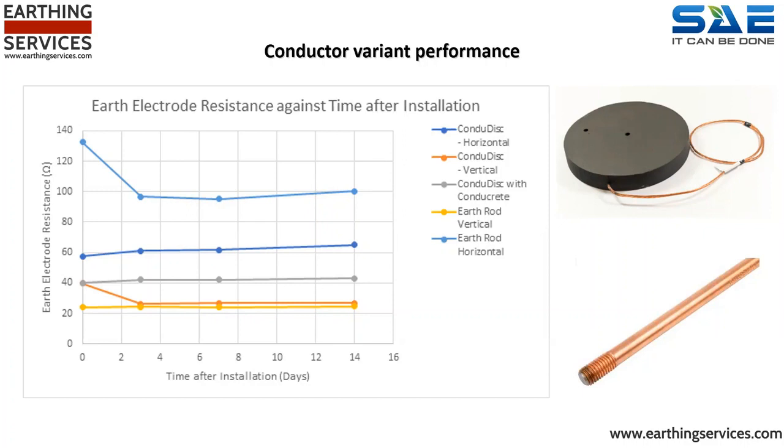Why would a horizontally installed earth rod be so much worse than a vertically installed rod? Why would a vertically installed conductor be so much better than a horizontally installed conductor? On face value, the process of driving an earth rod